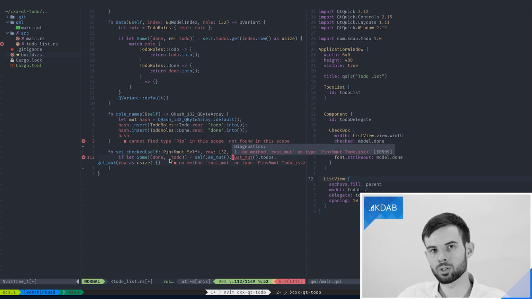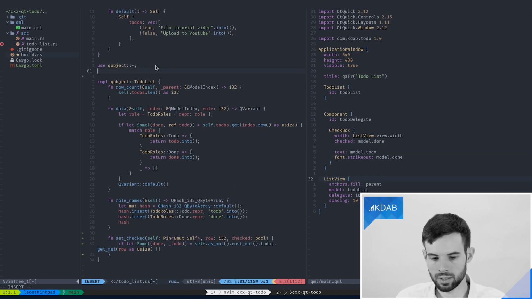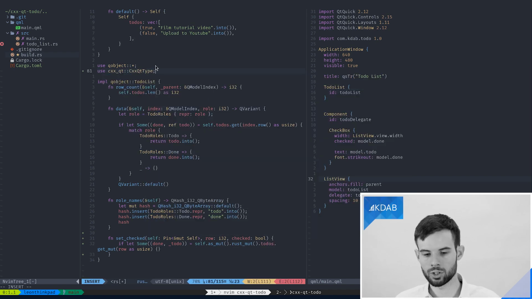And after that, we can then call the rustmut function, which actually comes from the CXX type trait. So you may have to import this trait in order for this function to become available in your QObject type.